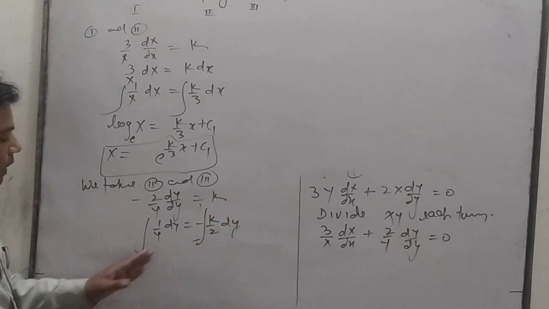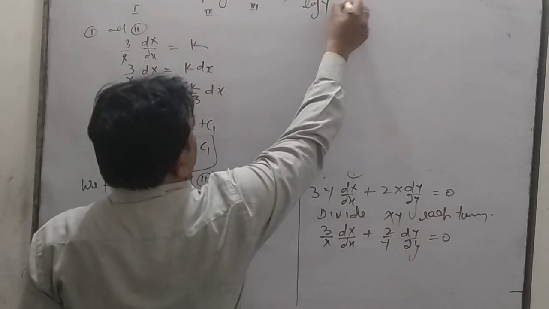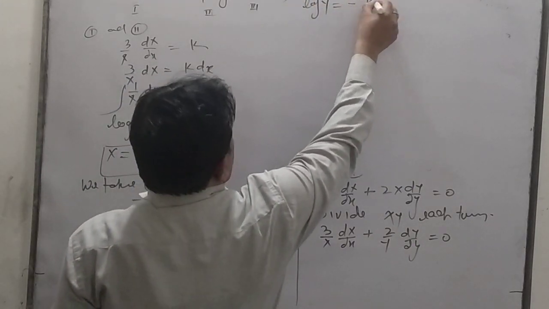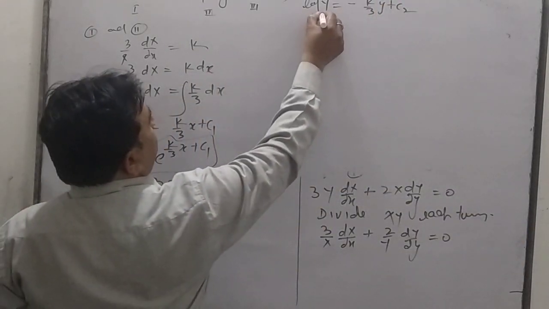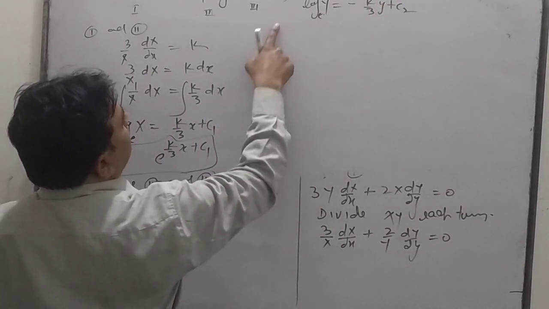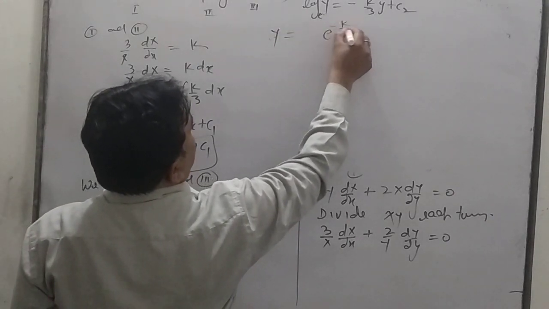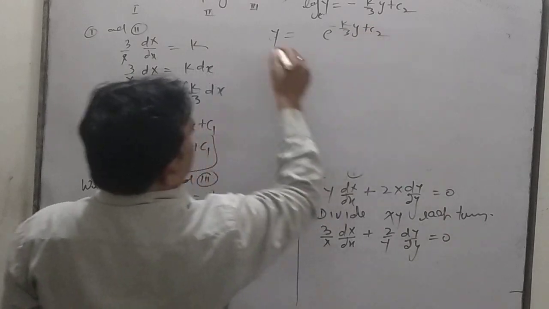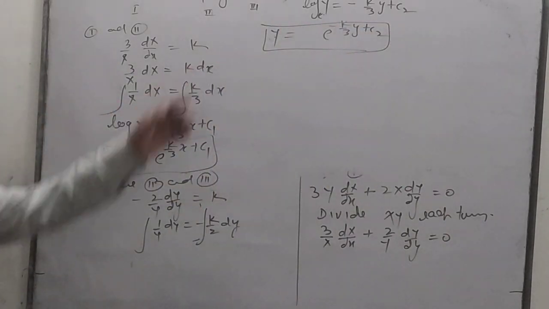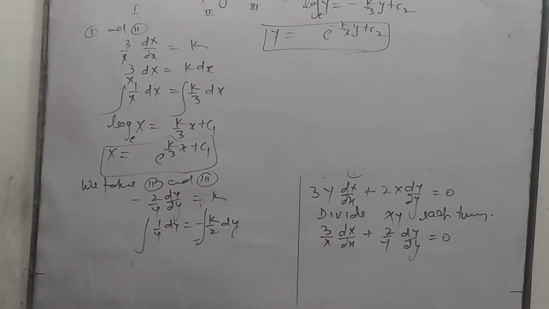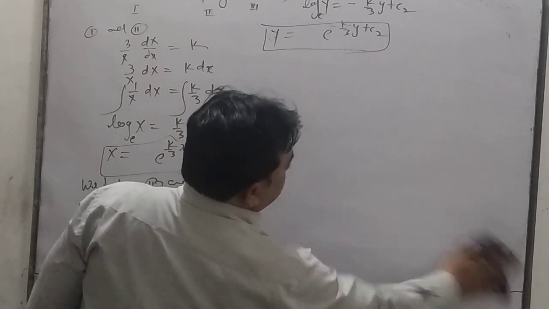Integrating both sides, similar process, 1 upon y is log of capital Y minus k upon 3y plus c2. Then similar process, then y equal to e to the power minus k upon 3y plus c2. This is the value of capital Y. After then, to find the value of x and y in term of,